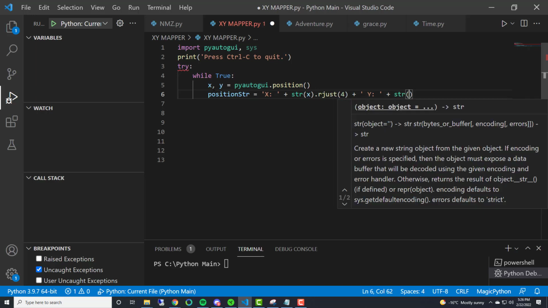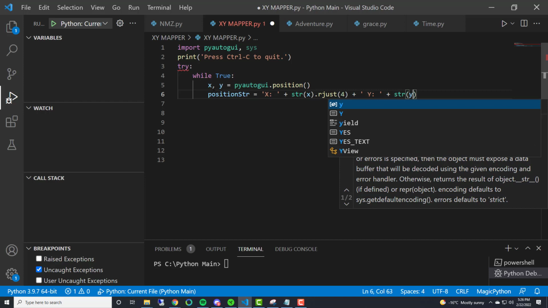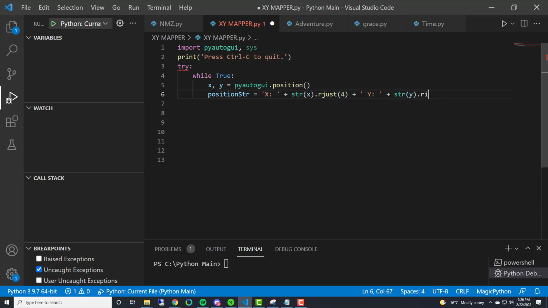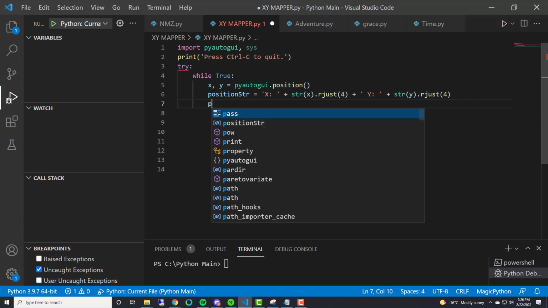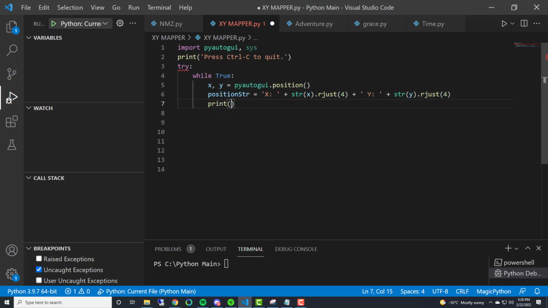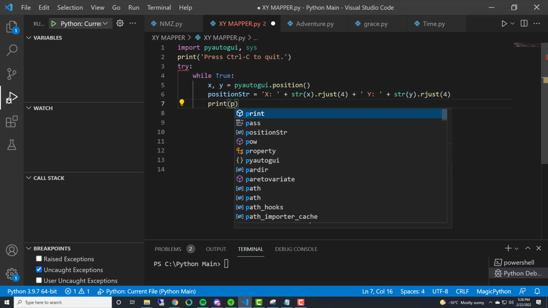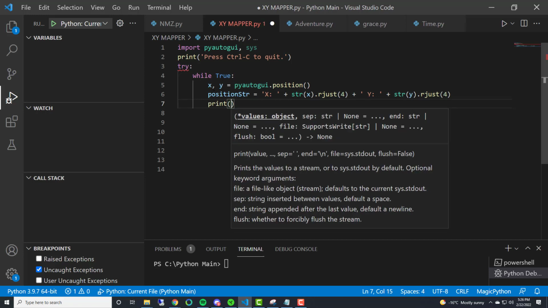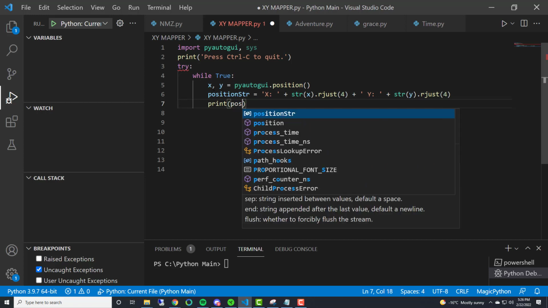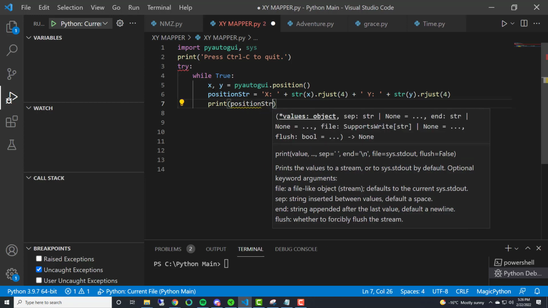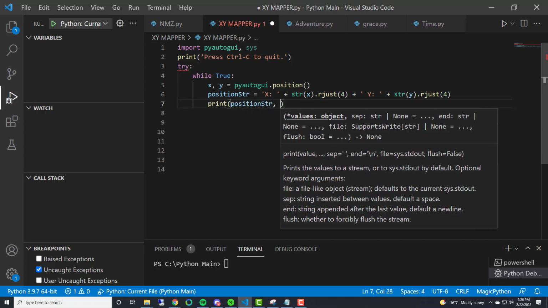So string your Y coordinate, and again, we're just going to need rjust with 4 characters. Now we're going to need print, and we're going to print it. This is going to print out the position, so you can see what the actual X and Y coordinates are in the terminal. So position, and then we're going to need string again, and